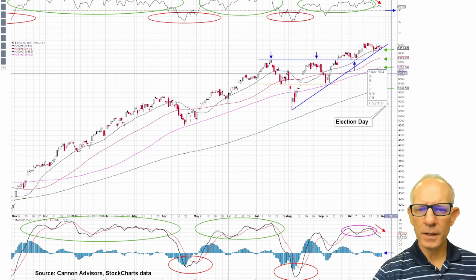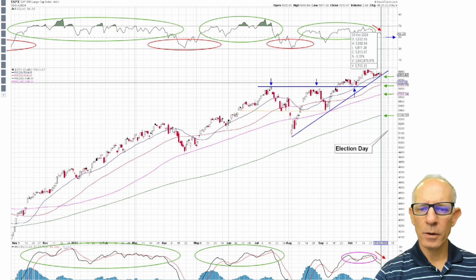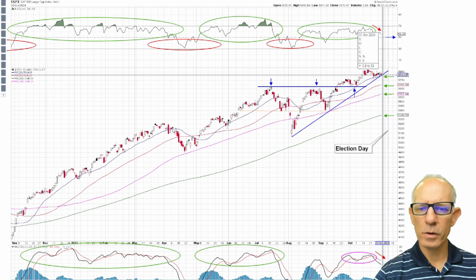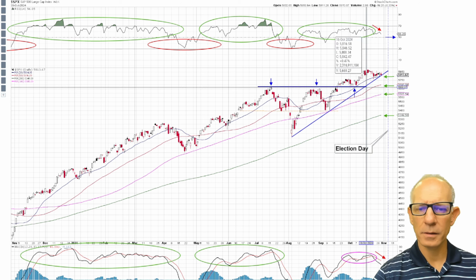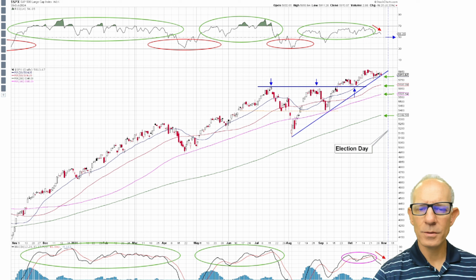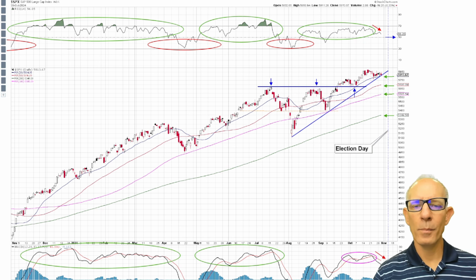So, if it does struggle prior to this election, and we get a little pullback here between now and next Tuesday, we're looking for these levels to kind of hold. But this shorter term trend I anticipate could get taken out. So then we just want to watch the levels, and there's lots of other levels here to watch. And if you get too much into trying to time it, you can certainly miss a big bounce. So we just want to pay attention to the levels.